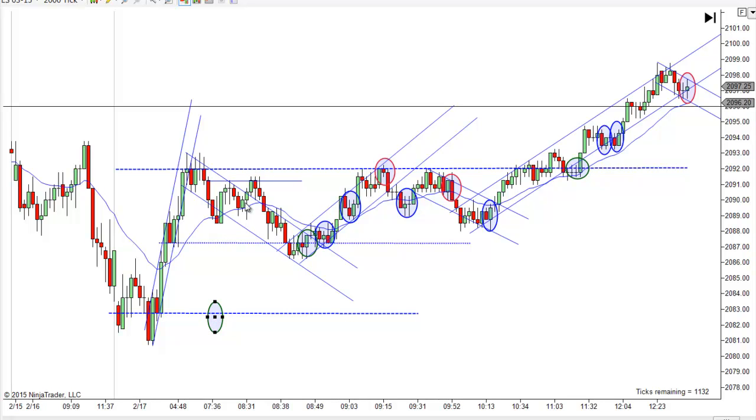But what I would say is if you entered that on a stop and you had 3 bars that couldn't break higher, I would have taken 2 or 3 ticks or whatever it would give me and exited that. But if you used a limit order there, which I think is the only way to enter that one safely without any kind of break, but now you get the break or close outside and you get 2 legs down, so now it's time to reverse. Plus you've got some resistance or some support right across there, and I like that bullish bar. That's a second entry long counting off the low,